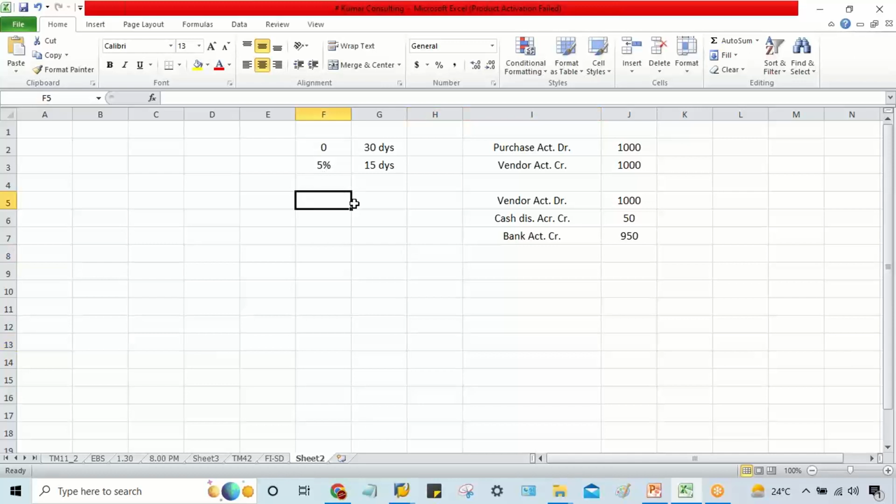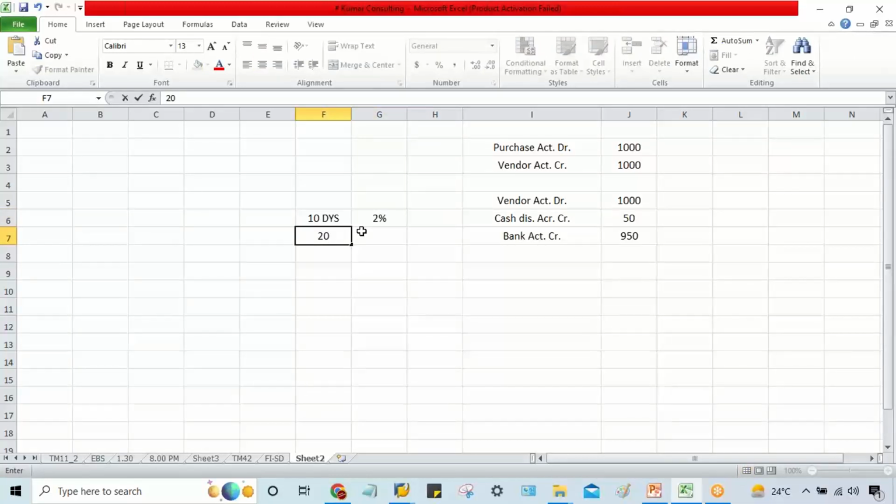Okay, up to 2 discounts you can specify. There might be questions: what if the vendor is offering more discounts? This time, let's suppose the vendor is saying literally this: if you make payment in 10 days, 2% discount. If you make payment in 20 days,